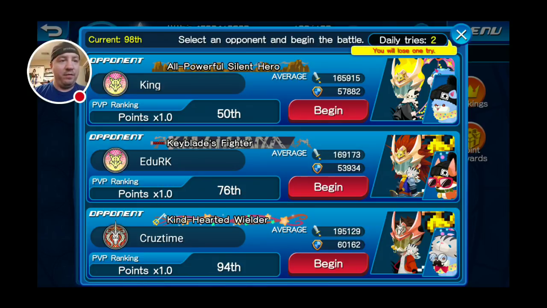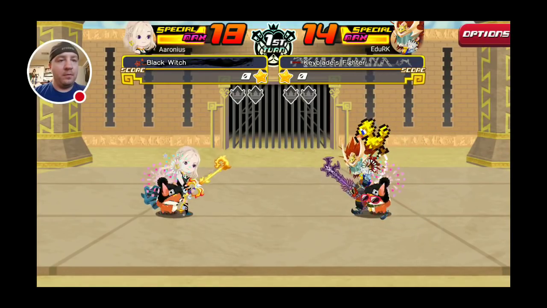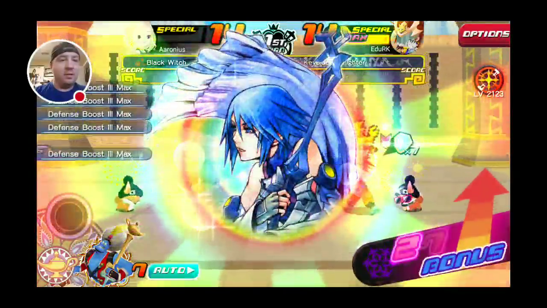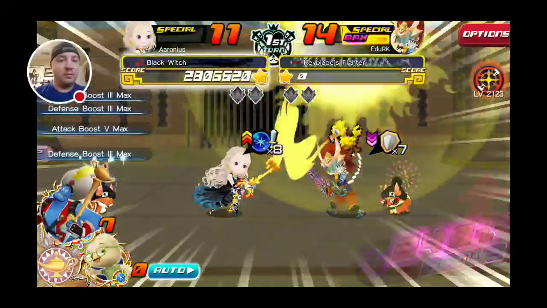Not gonna go for the top 50. Let's go for Mr. Edurk, yeah, 76, kind of middle of the pack there. Alright, his first up is Dark Gnaw, so we are probably going to lose this one. It's kind of expected. Strongest blade first, and this blade isn't designed for damage dealing by any means, so...